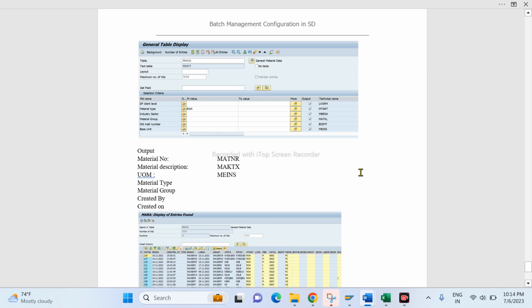Actually, tomorrow we'll see. Make sure everyone, whatever configuration you have completed, like controlling area, everything, don't create separate documents. Keep it as a whole, one configuration. It should be a single document. And the tables also I'm expecting. You can create tables, even in a single document is fine, or every table, every master data in a separate document is also fine. But I need the table in such a way that you explain input,